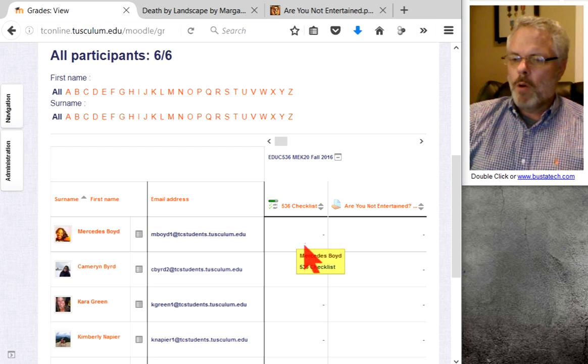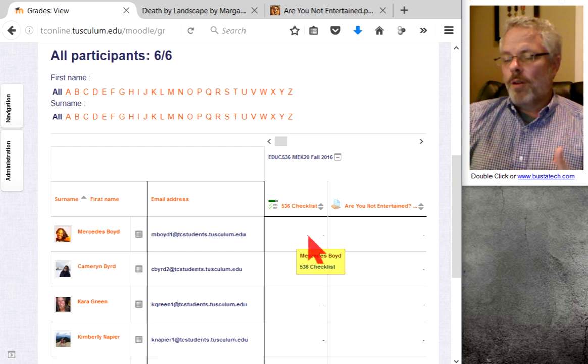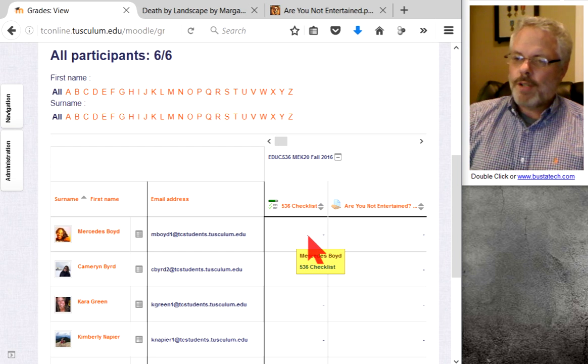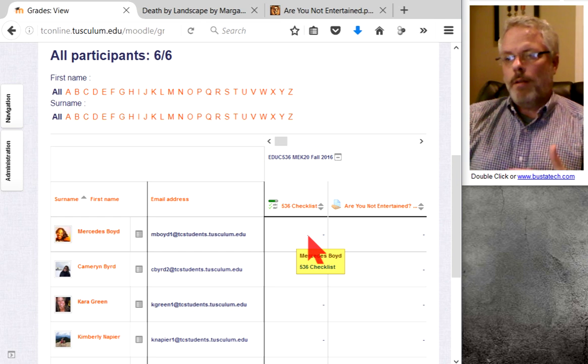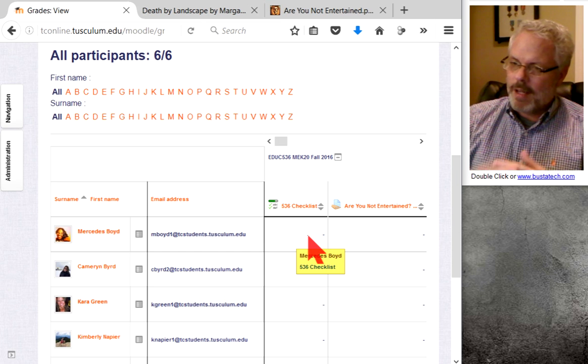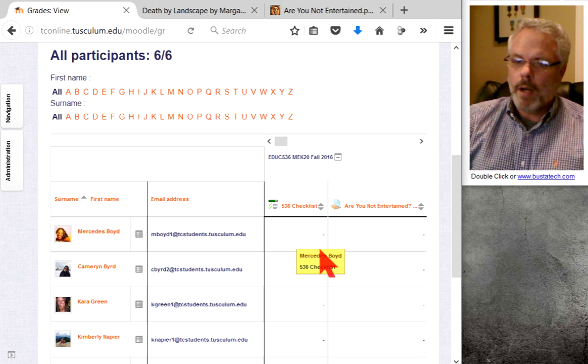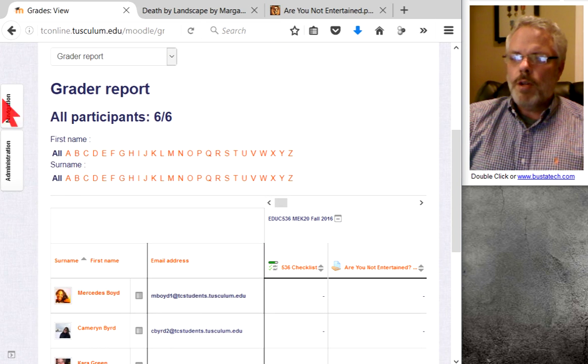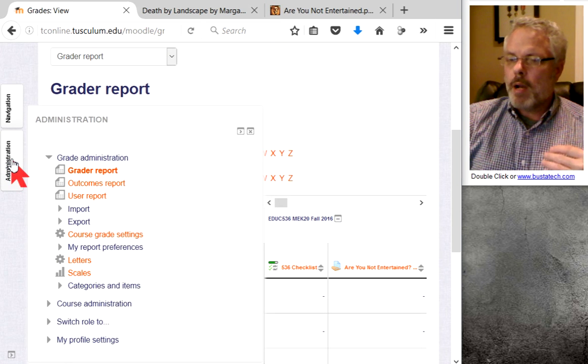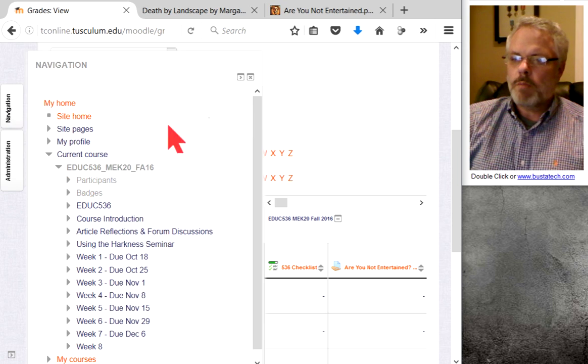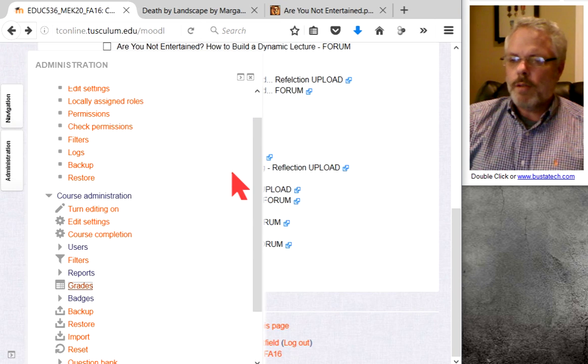So if you look at one of your reflections or your forum discussions, and you see that you may have a 75%, well, maybe one of your replies didn't get approved. Just simply go back and do another reply so that I can give you credit for it. Make sure you check your grade book periodically to see your progress as you work through this program. That way you won't have any questions as we work through it.